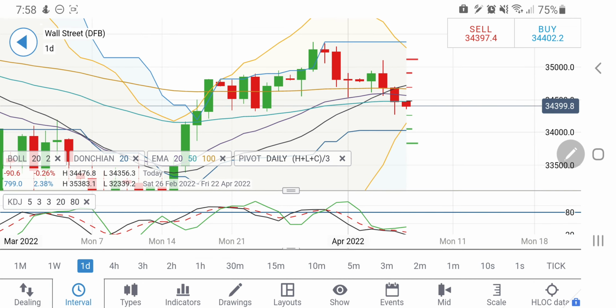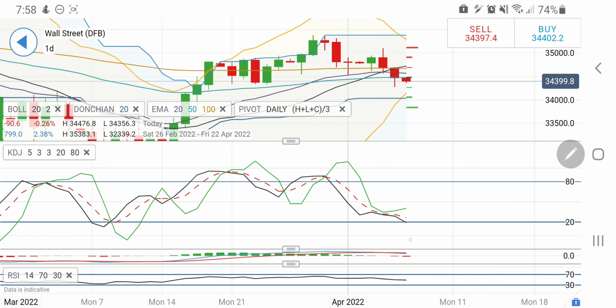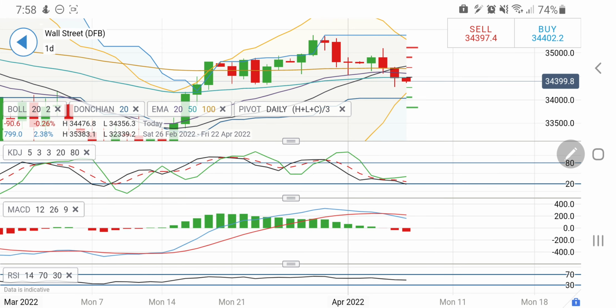So take a long entry above 34,500, 34,450 rather I will say, but 34,500 is going to be important. Beyond 34,500, if it sustains above 34,500, one can expect that it may try to hit the 34,650 and 34,700 zone, and in fact can go well above those levels also. For daily stochastic, near to oversold here, and a little retracement can be expected. However, look at the MACD, it is still on sell.